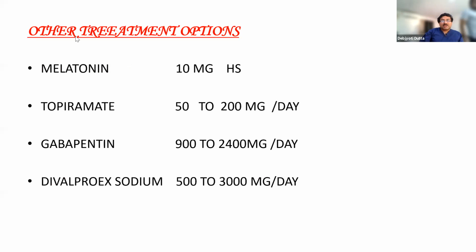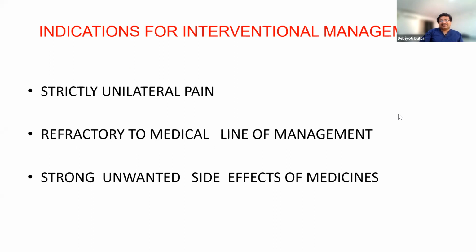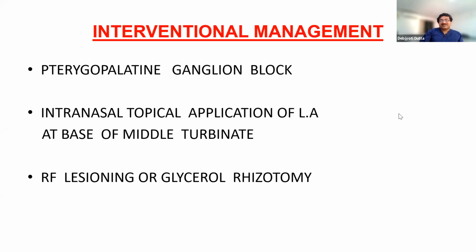Okay, and other options are melatonin 10 milligram at night, topiramate, gabapentin, divalproex sodium. Especially in those cases, actually no drug works very beautifully. So there are a lot of things tried. If they are not responding, nothing is responding, okay, the patient is refractory, then we can go for the pterygopalatine ganglion block. Okay, and if you are getting a good relief with the diagnostic block, we can go for the